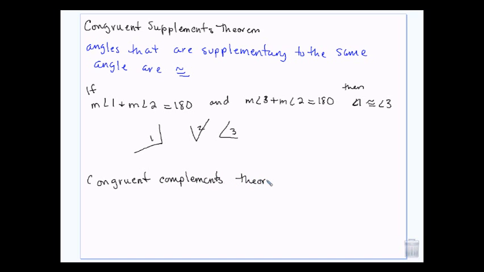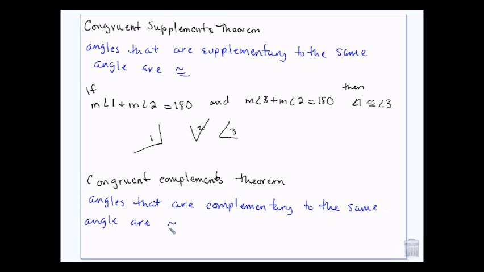The congruent complements theorem tells us that if you have two angles and they're complementary to the same angle, same idea, except instead of 1 and 2 adding up to 180, you have 1 and 2 adding up to 90, and 3 and 2 add up to 90, and then that would make angle 1 congruent to angle 3. So if two angles add up to 90 each with the same angle, then those two angles are the same. Okay, and we're going to